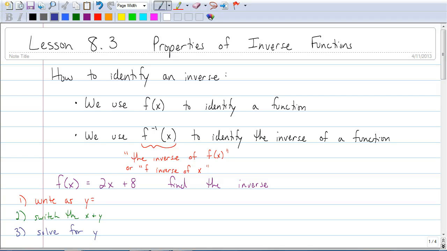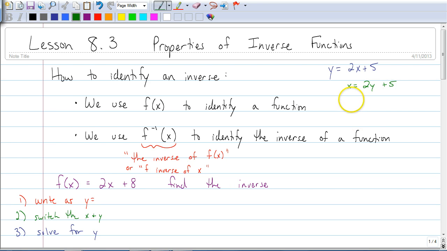Okay, so in the previous video we were introduced to this concept of inverses, but the problem was we had no way to identify an inverse to keep it separate from the original function. For example, you had an equation like this where we had y equals 2x plus 5, and we found the inverse of it by switching the x and the y around